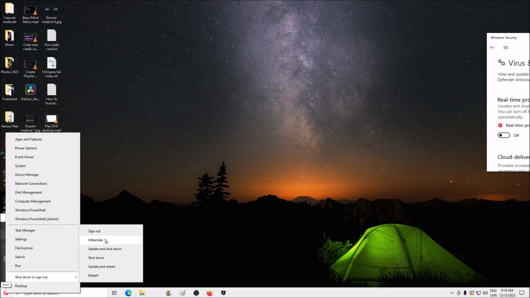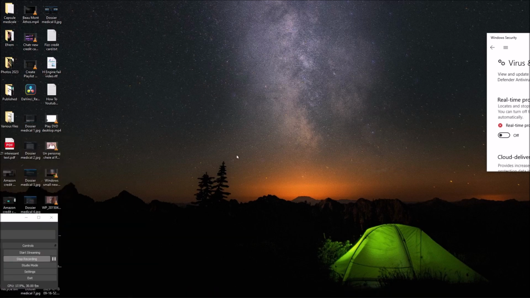Now the disadvantage of the hibernate mode is that if you have a browser open with many tabs on it, hibernate actually is taking all the live RAM memory, the browser memory, and writing it on your hard drive or SSD. So it's going to write perhaps 500 megabytes, 1 gigabyte every time when you hibernate your computer. If you have a cheaper SSD, this may mean it's going to wear out faster, the SSD part.